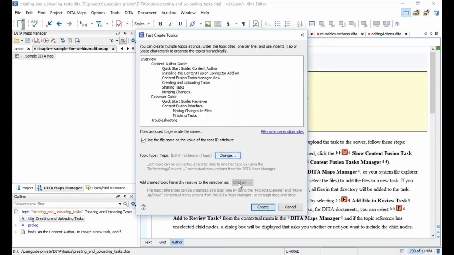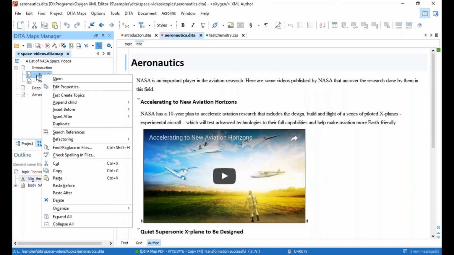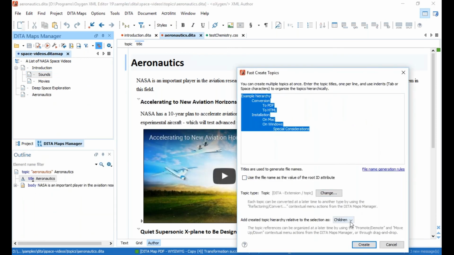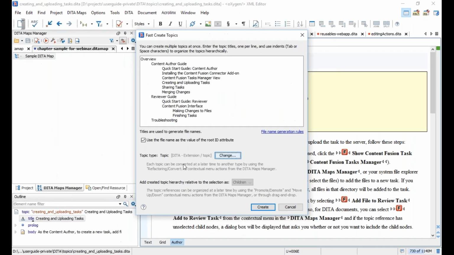The last option specifies where to insert your new topic structure in relation to the node you selected. In my case, since it was an empty map, there's only one possible option, so it's grayed out. If I would have inserted it into an existing other type of node, then you see I could insert the topic structure as a child or sibling. But I'll click Create,